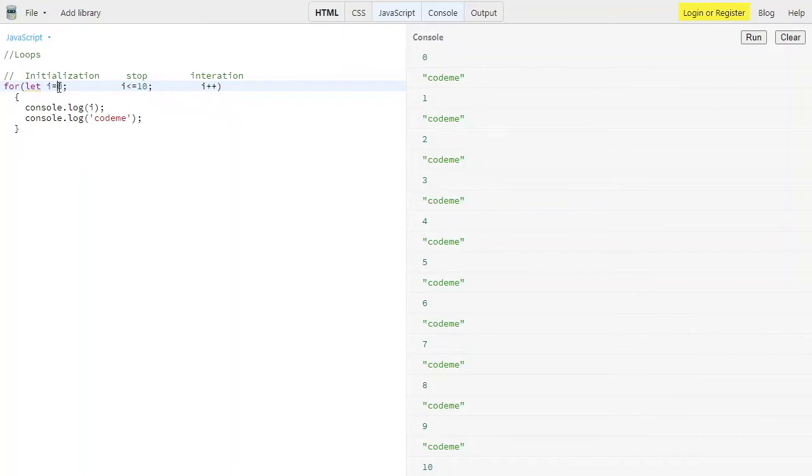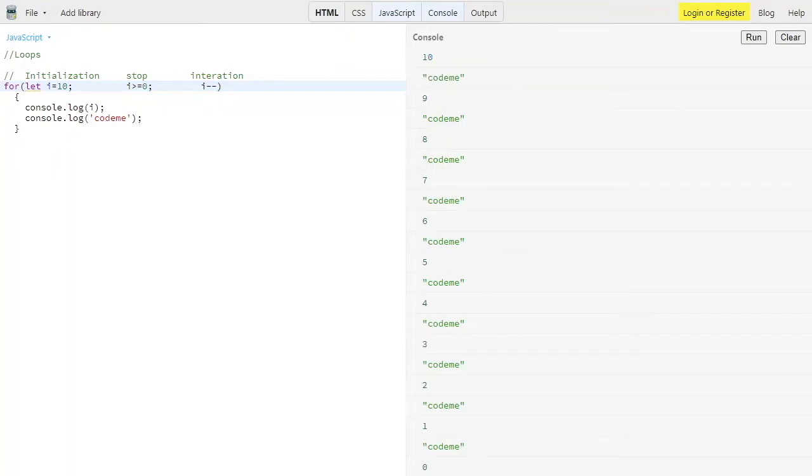For example, I'm initializing with i equal to 10, and then for the condition we have greater than or equal to 0, and then I decrement the value after each iteration. Save it, clear the console, and then execute it.